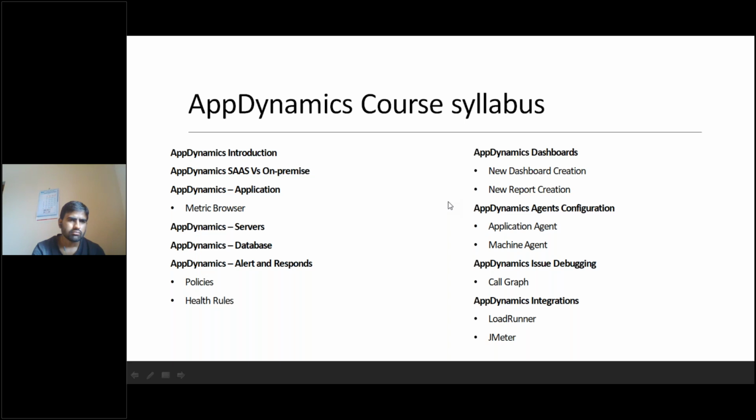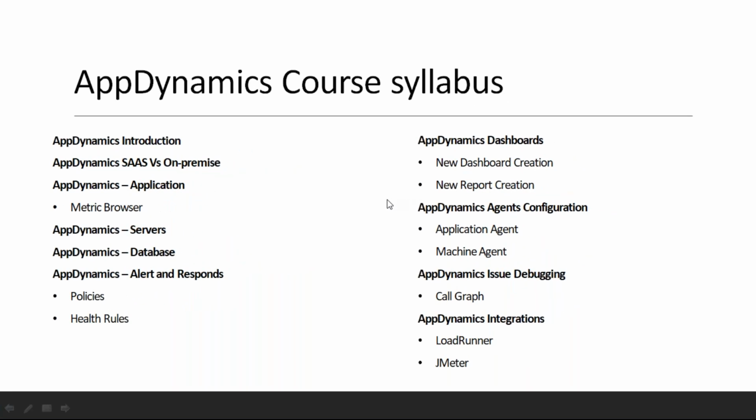So all in all, I'm going to give you an installation and configuration level of understanding, and also once the installation is done and the data is coming back, how you are going to investigate that data. Okay, is it normal data or is it having some problem? In that problem, how am I going to investigate? In AppDynamics, there is a concept called call graph. Where the request actually started, and where the request actually ended. That level of understanding I'm also going to bring in using the call graph. Whether it is a partial call graph or a full call graph, like that. A lot of things are there in AppDynamics, so we are going to learn that as well.